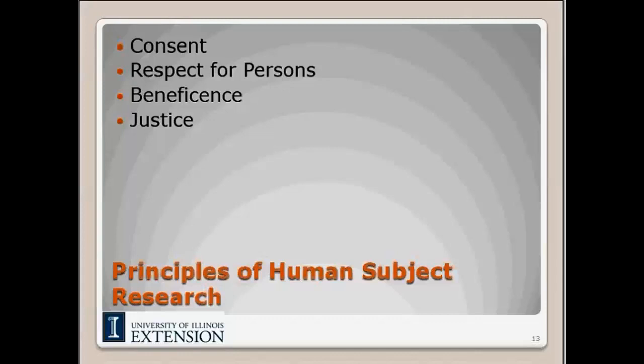So to re-summarize, the ethical principles that I just discussed and the federal regulation to go along with institutional review boards provide a framework for different surveys to be evaluated to make sure that they're not harmful to human subjects. And so I know that was a big mouthful, but I thought it's important to learn a little bit more about that process and to know that someone else has taken a look at our research and has signed off on it and said that we're good to go and this isn't going to adversely affect or negatively affect anyone who participates. I'll keep this part short because I know that you folks want to see the survey, and so with that, I'm going to turn it over to Alex.